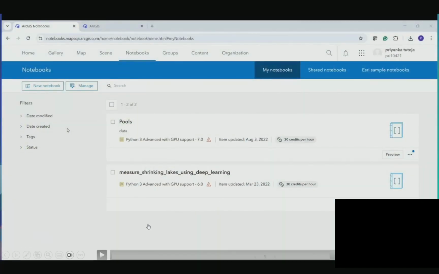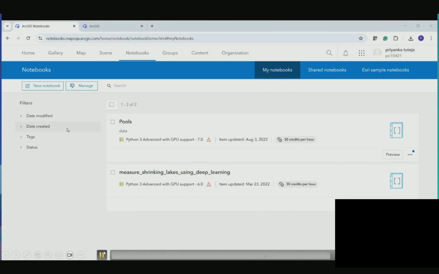Now, many of you might be getting started with ArcGIS API for Python, and this looks all cool. You can use notebooks, but how do you get started? How do you figure out what's my workflow? Is it the same for every model architecture? Is it different? So to do that, we have ArcGIS notebooks as one of these offerings in ArcGIS Enterprise and